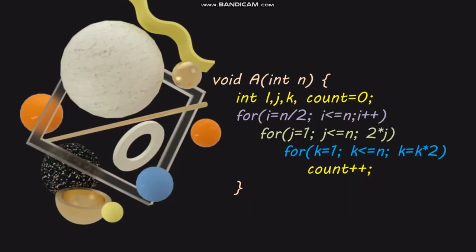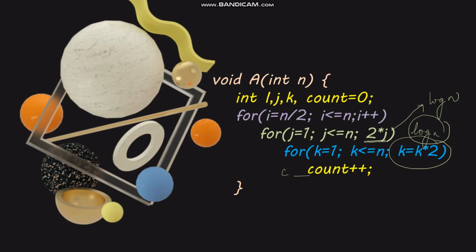This is another similar code that we have, again having three loops. In this particular code the count has a constant time. For this loop, that is for k equals 1, k less than or equal to n, we can say that here it is again cutting the problem in a multiple of 2, so it will have a complexity of log n. Now here again for the j part, you can see that j equals 1, even though it is running till n, it is having a multiple of 2, so we can say that j into 2 is given, so this will also have a complexity of log n.